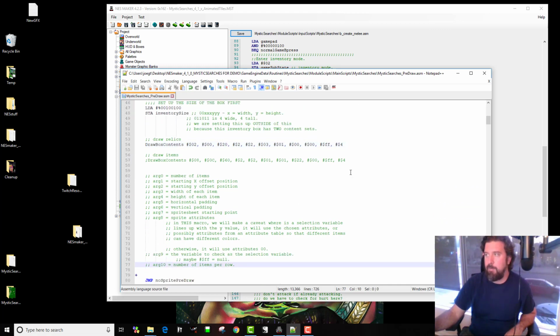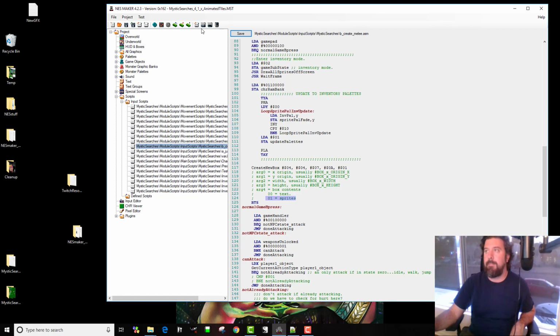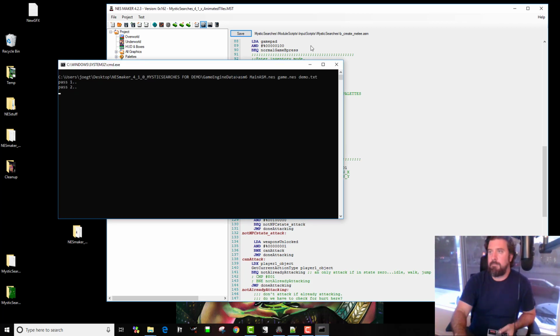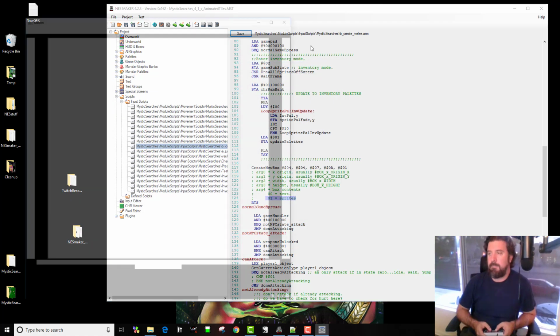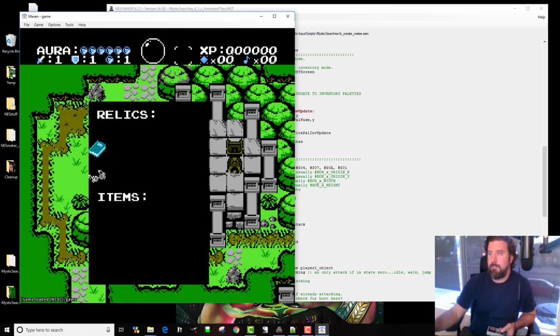Let's see, how many items per row. Right now I have 4. Let's put 1, and now it'll stack them on top of each other. And so now it's stacked on top of each other because I've only got 1 per row, but I'm drawing 2. All right, so you can see how much flexibility I'm getting